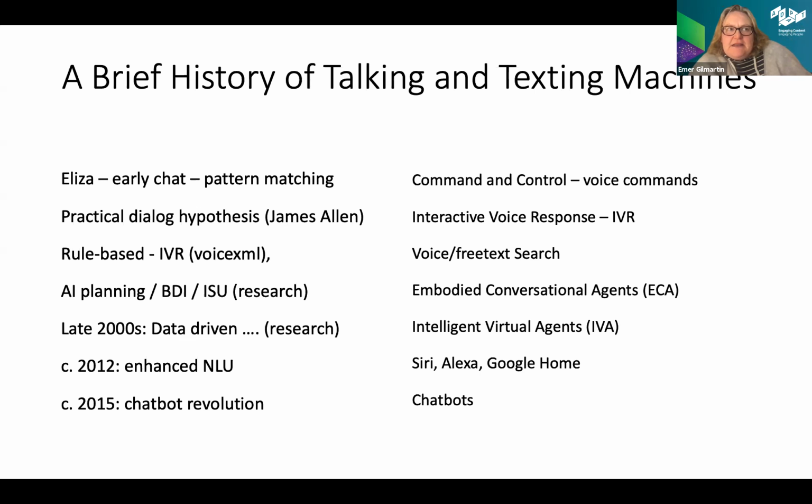And academically, people were moving towards using AI planning, for example, beliefs, desires, and intents, and information state update ideas, and creating ever more sophisticated skins for these systems. So you started to get more embodiment, where the systems would have avatars or indeed be embedded in a robot. They'd start to try and understand not only the speech or the text, but also use cameras to